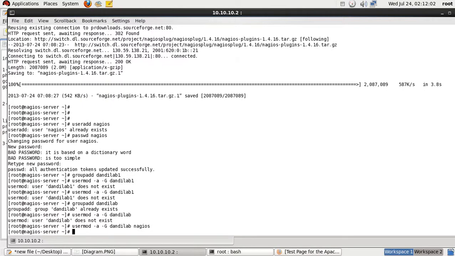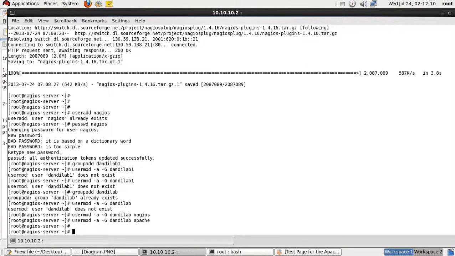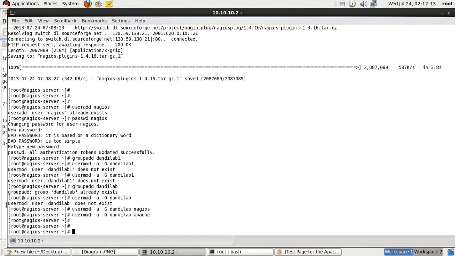Now, create Dandy Lab, and then the user also belongs to Apache himself as well. Okay. Now that we have created that, I will then unpack and compile the nagios. You remember the nagios that you installed. So the next stage is to